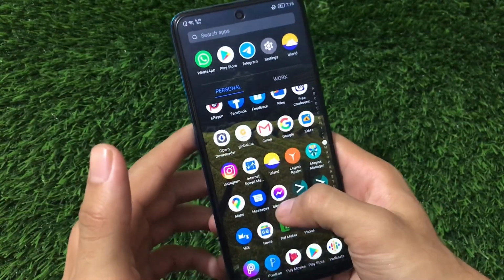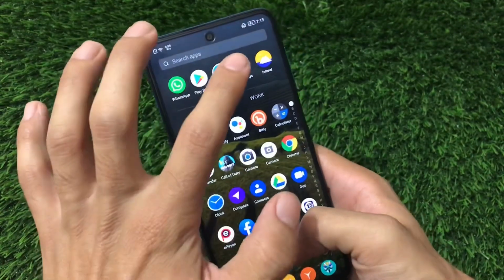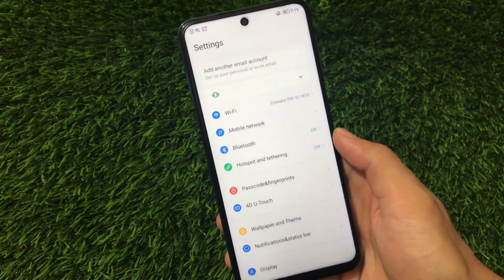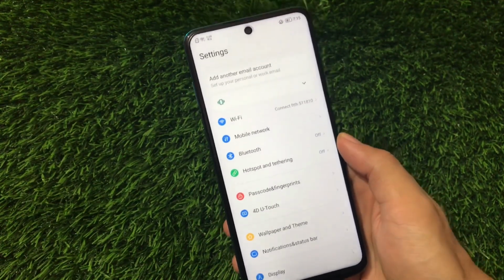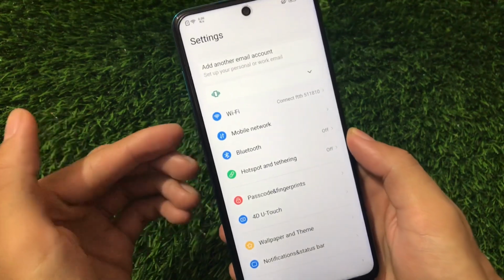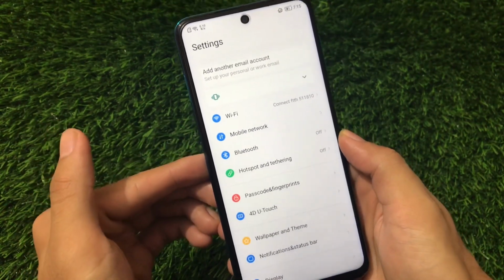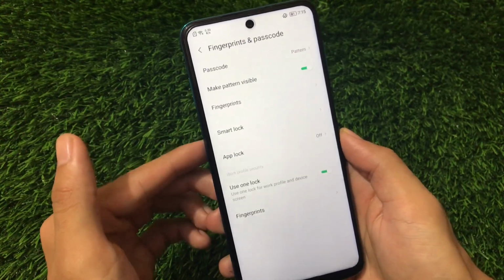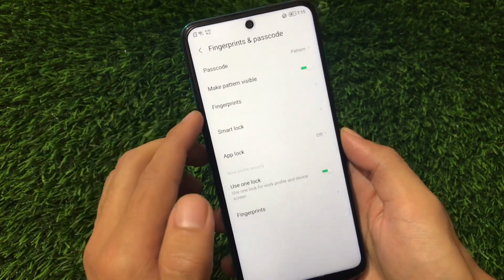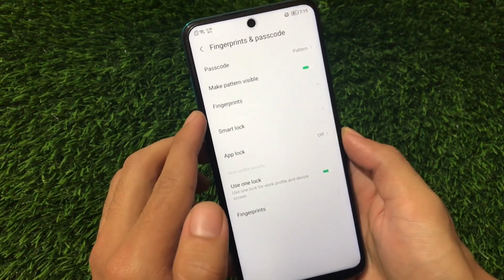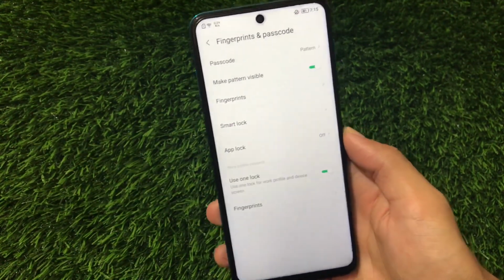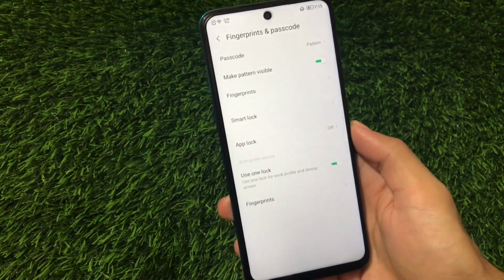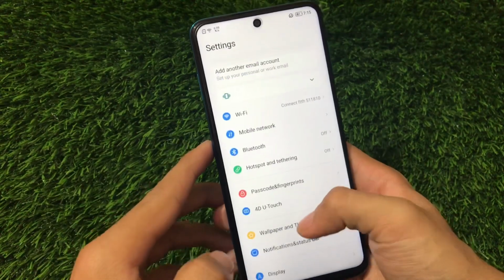Actually, we don't have much to check out in these things. Let's move on directly to the settings, because settings has a lot of features. Let's quickly move on and find out some things which you get here. And as I already told you, brightness has a few issues. If you go for Wi-Fi, mobile network, Bluetooth, hotspot, and tethering, you get these options here. If you go for password and security, yes, the password and fingerprint are perfectly fine here. I'm using fingerprint here and it's working perfectly, with no issues at all. It has a little bit of delay in animations, but it unlocks very fast, and other things are quite the same here.